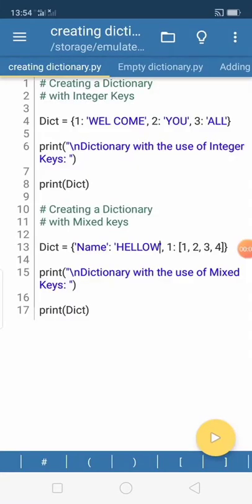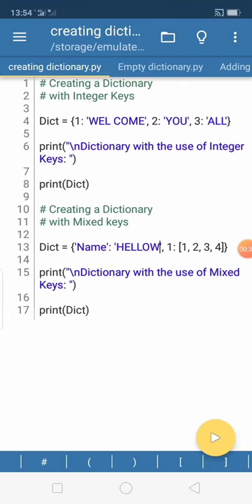Student, let us move towards the new topic, that is the dictionary, which is used in Python. Basically, a Python dictionary is a collection of data values. Dictionaries are used to store data values like a map. So let us see the first program, which demonstrates how to create a dictionary. For this purpose, we are going to use the Pyroid 3 app for programming. Here the first program is creating a dictionary.